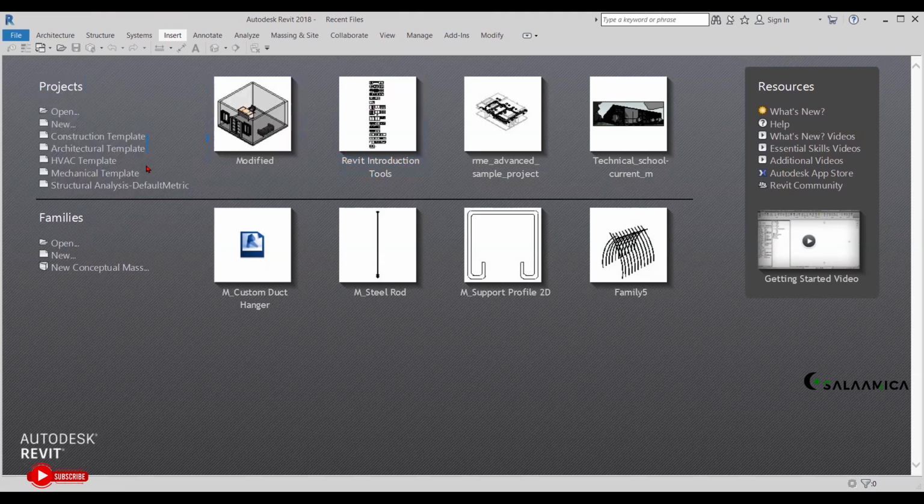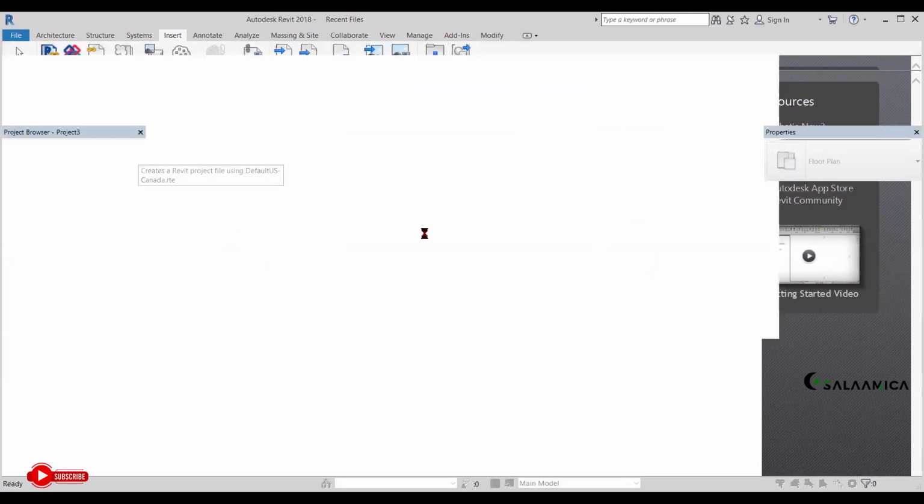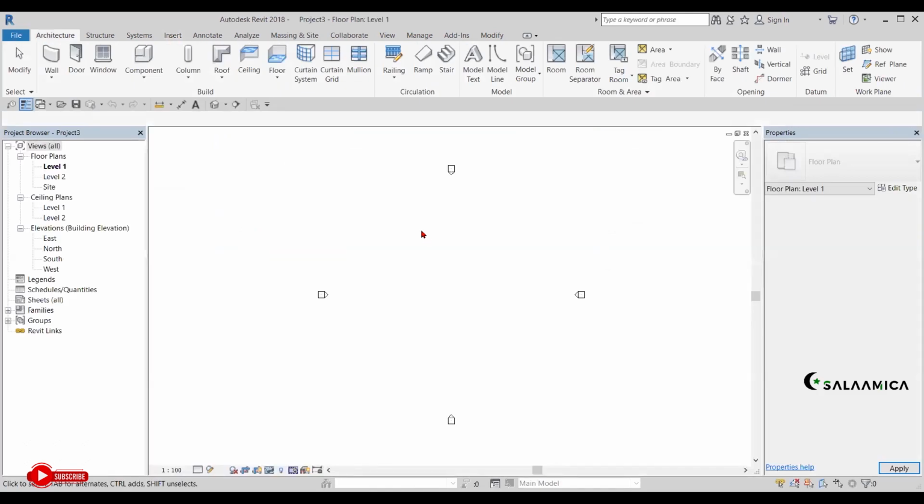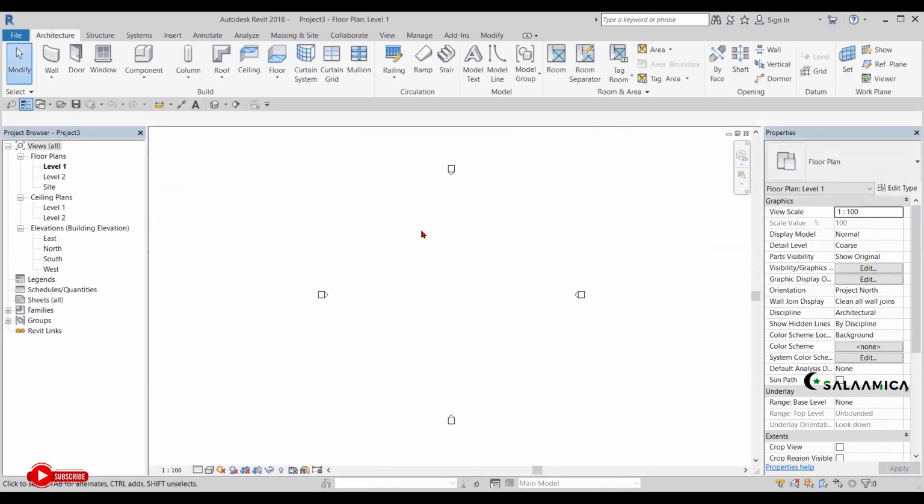So since we are dealing with architectural, let's choose an architectural template here. It's a blank one, nothing inside. Okay, so this is what you're going to see. Not unlike the first file we opened, because that is codified by me. Lesson 1, lesson number 2, lesson number 3, you remember that? Okay, so now,